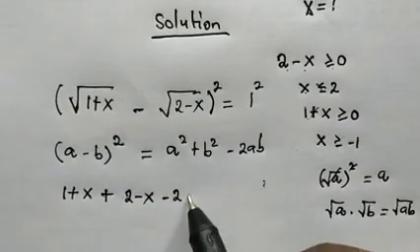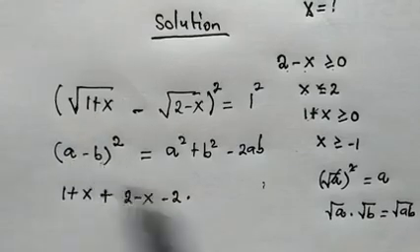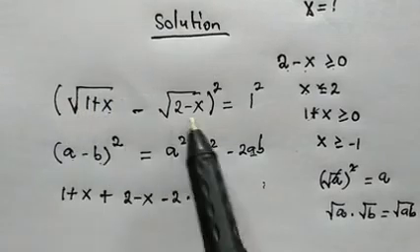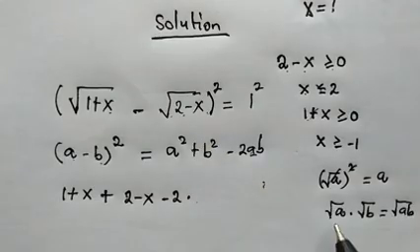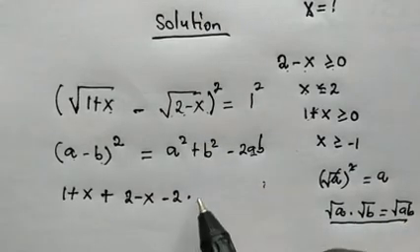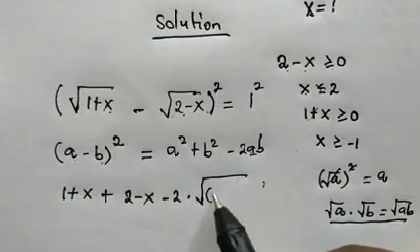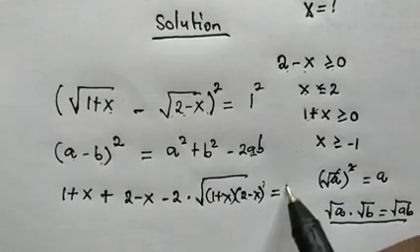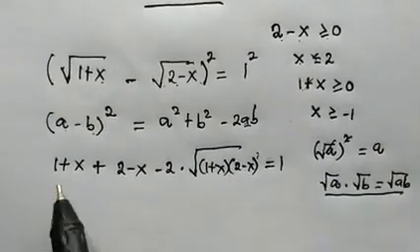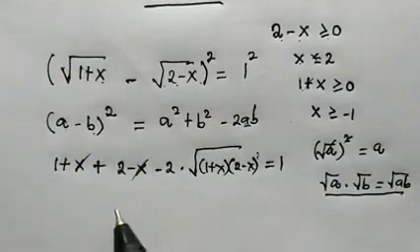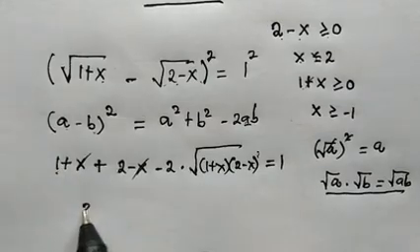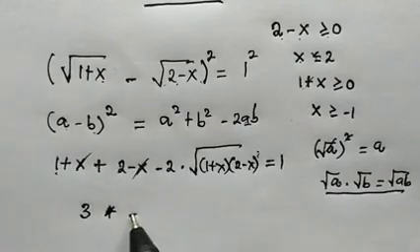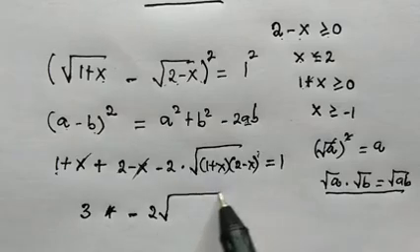Then minus 2 multiplied by, now here we have a times b, right? So here we're going to have the square root of 1 plus x times the square root of 2 minus x. And with the help of this property, that will be the same as the square root of their product, 1 plus x multiplied by 2 minus x. So this is equal to 1 squared, which is 1. So here, x minus x is 0. We have 1 plus 2, which is 3. Then plus, is that plus? No, it's actually minus, okay? So minus 2 times the square root of